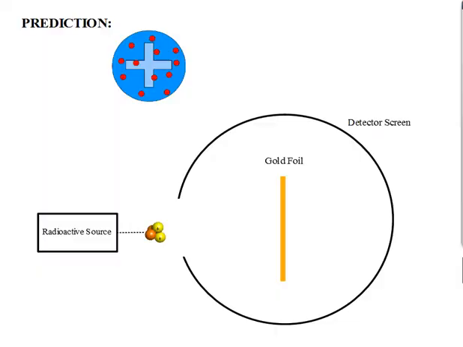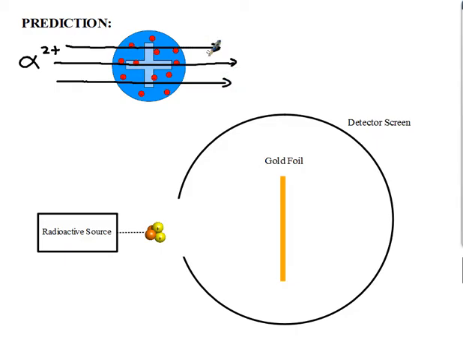Now, the revolutionary experiment that he did involved shooting these alpha particles at a very thin piece of gold foil. This gold foil was so thin, it was only an atom or 2 thick. Now, going into this experiment, if we use J.J. Thomson's model and assume that it's correct, what we would expect of these alpha particles is that they would travel straight through. This positive charge is so weak because it's so distributed over such a large space that these alpha particles would travel straight through